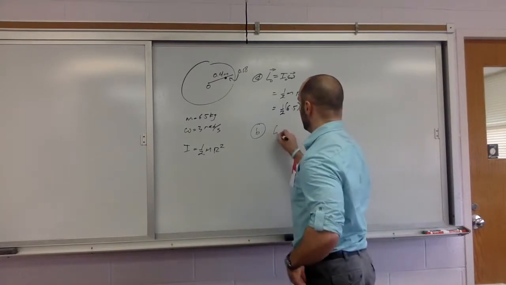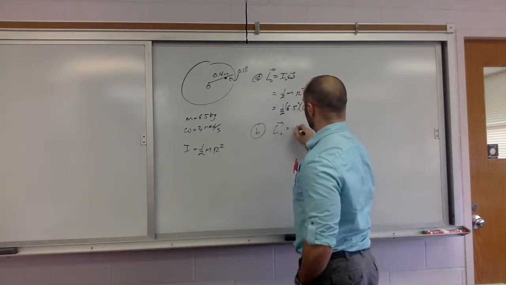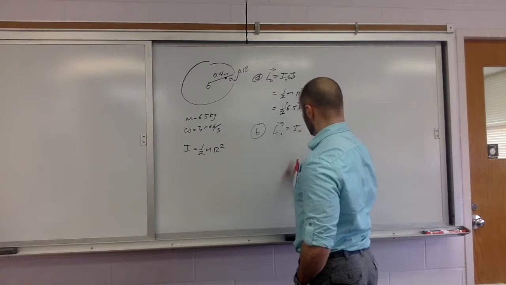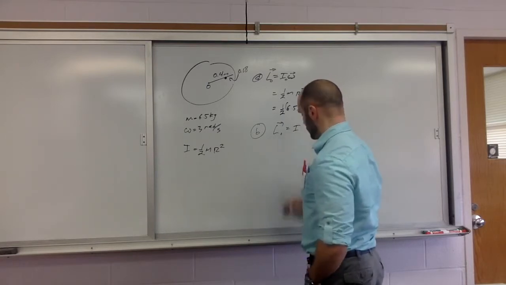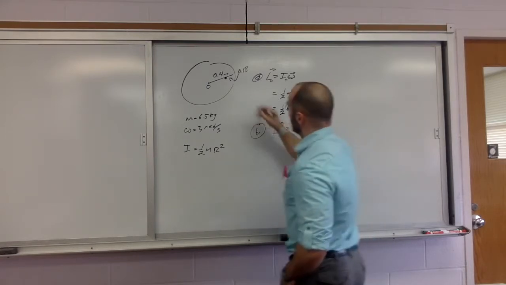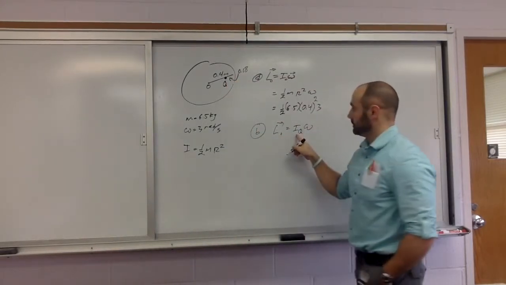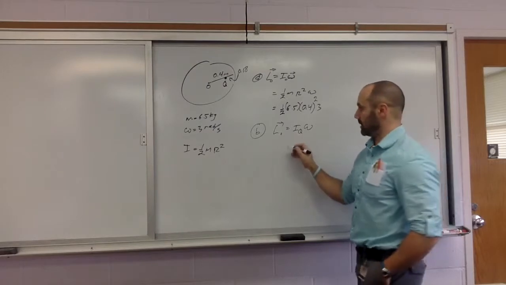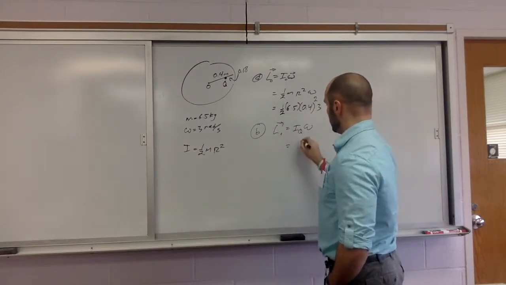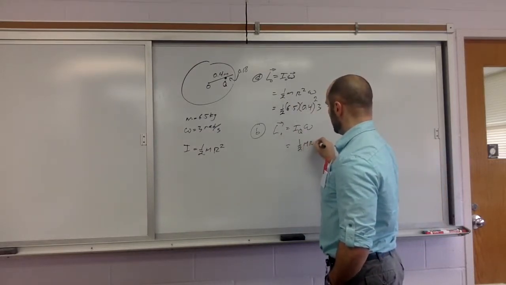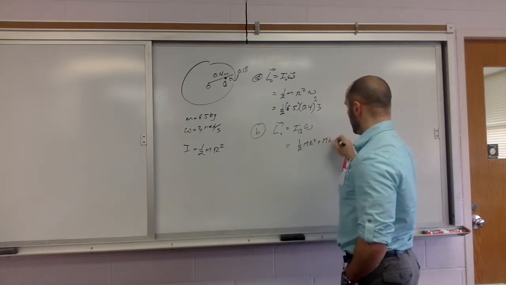It works the same way. L equals I, let's call this new axis Q, I_Q omega. And so to do I_Q, I just apply the parallel axis theorem, which is going to be 1/2 mr squared plus mh squared